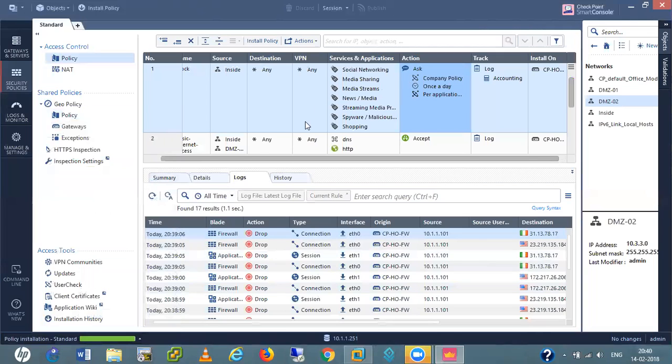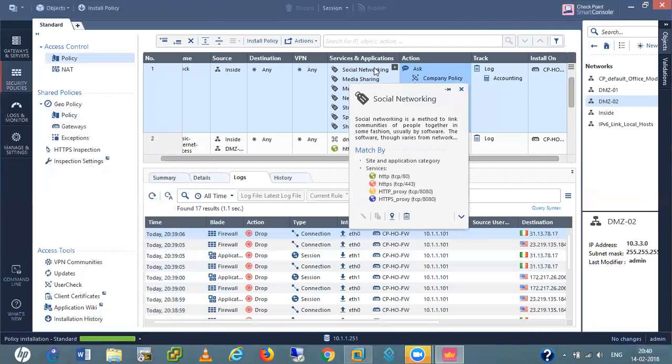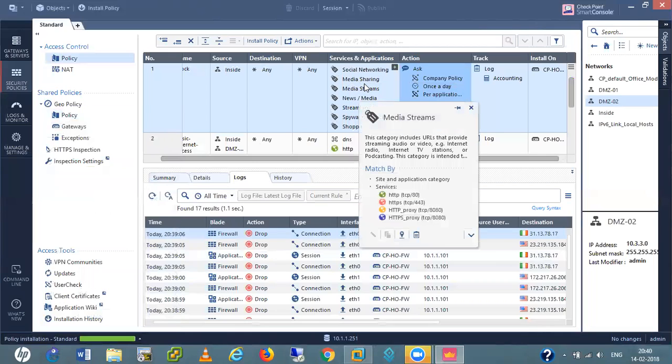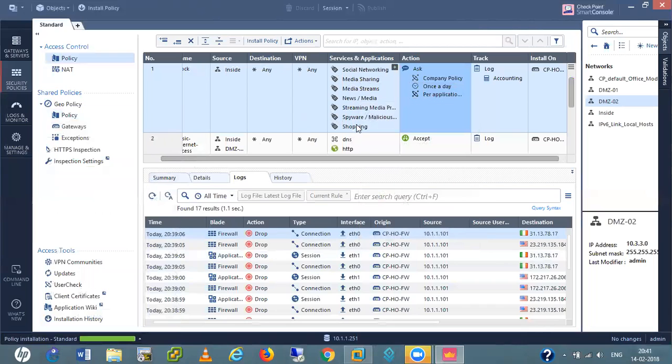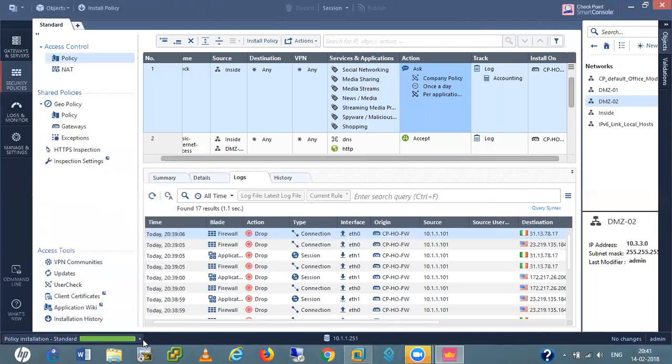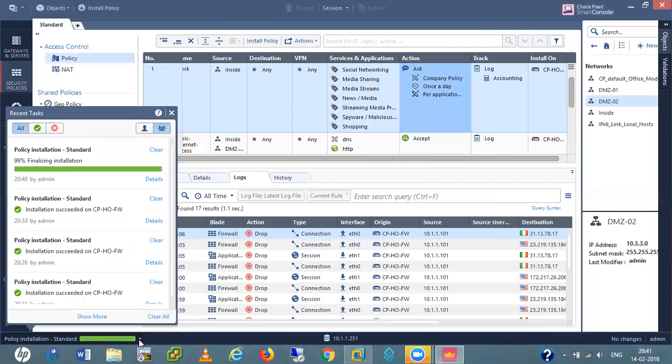Let me now try to browse social media websites here, or also YouTube. If we get any error message, that time we get the exact idea. Social media basically uses TCP 80, 443, 8080, these proxies.